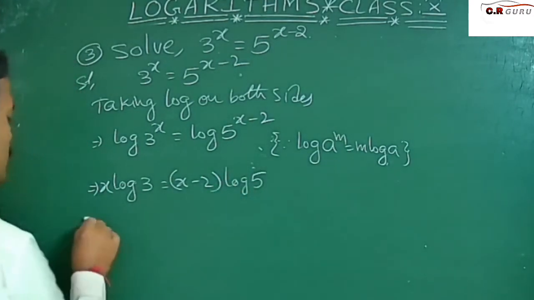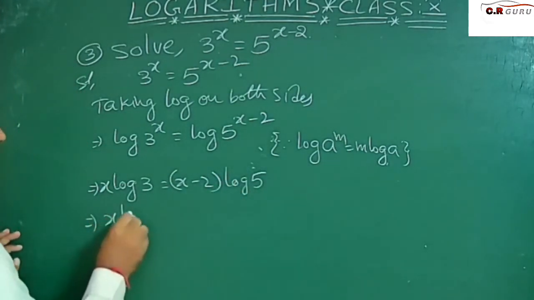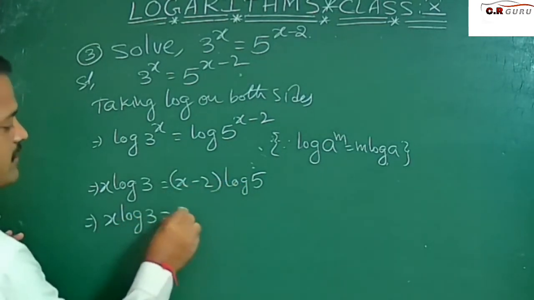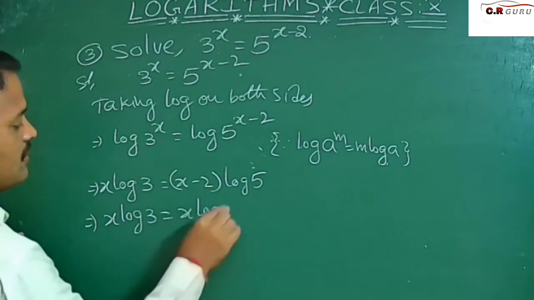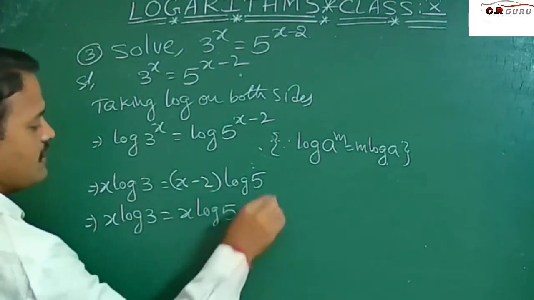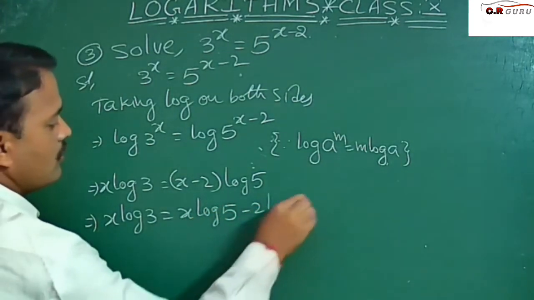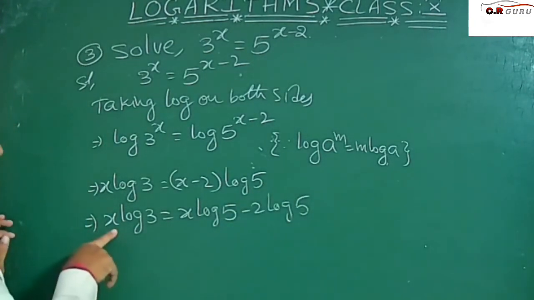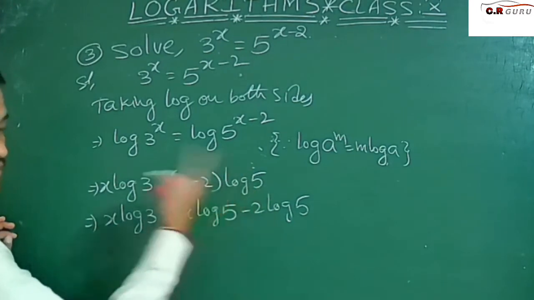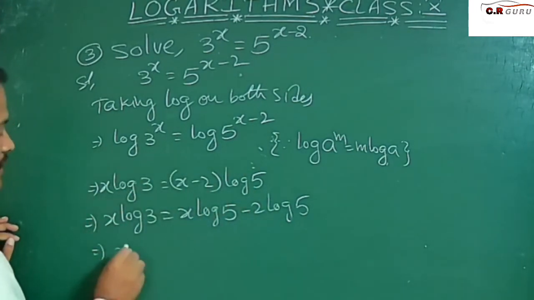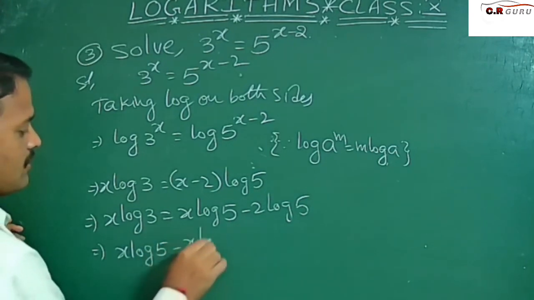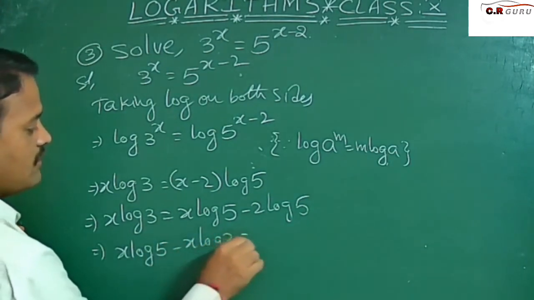So now that implies x log 3 is equal to, here log 5 is multiplied with this product, it is nothing but x log 5 minus 2 log 5. So simply now this x log 3 you take to that side and 2 log 5 you take to this side. So that equals here x log 5 minus x log 3 is equal to